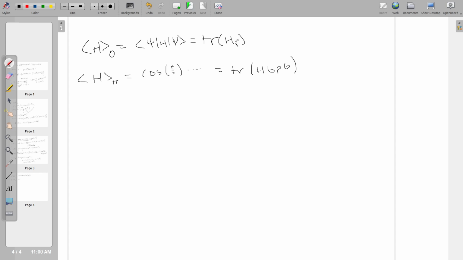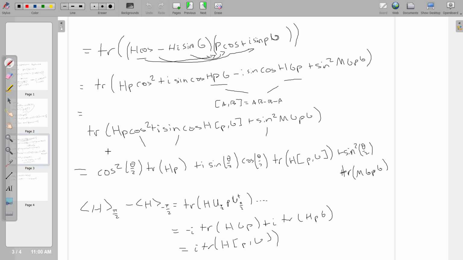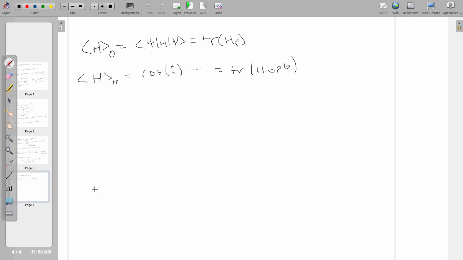And so with all of these terms, I do want to say, I think I misspoke. These pi over 2 terms don't cancel because this is actually pi over 4, but they do make the derivation pretty easy because pi over 2 parametrized is actually pi over 2 divided by 2, which is pi over 4. So we have this whole expression here